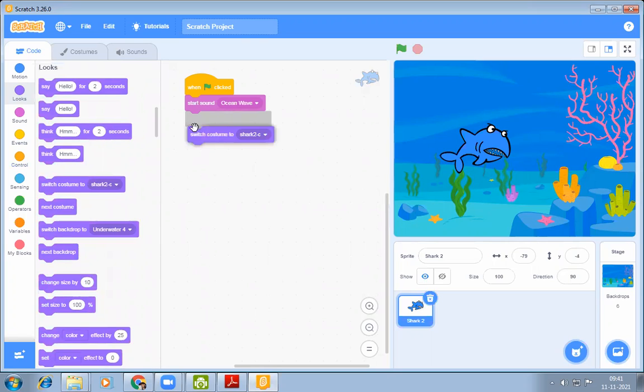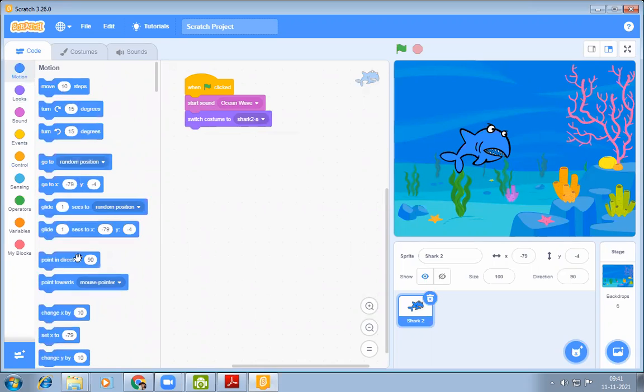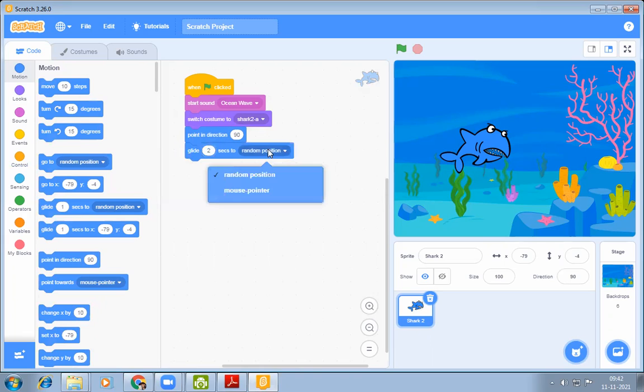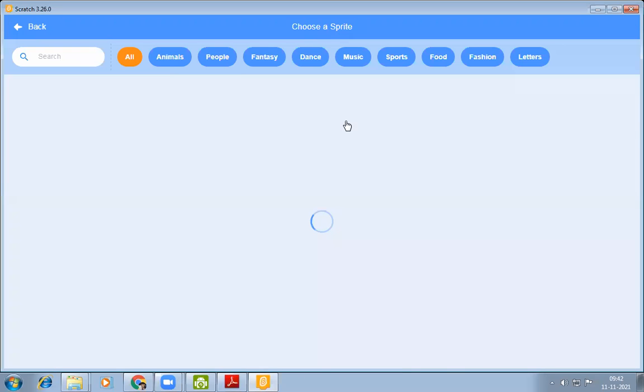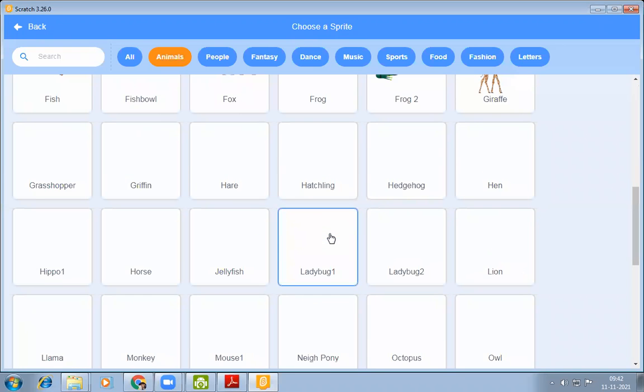Switch costume to Shark 1A, Shark 2A. Point in direction 90. Glide 2 seconds to, we have to put a fish sprite here. Okay. Animals and put a fish here.